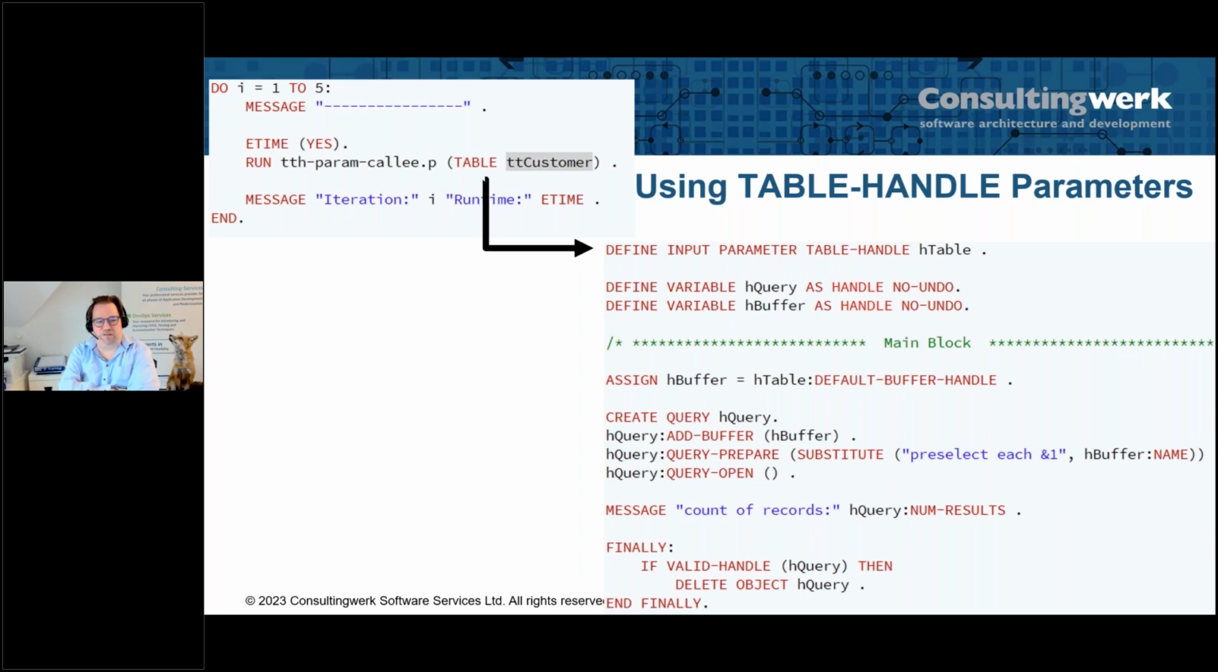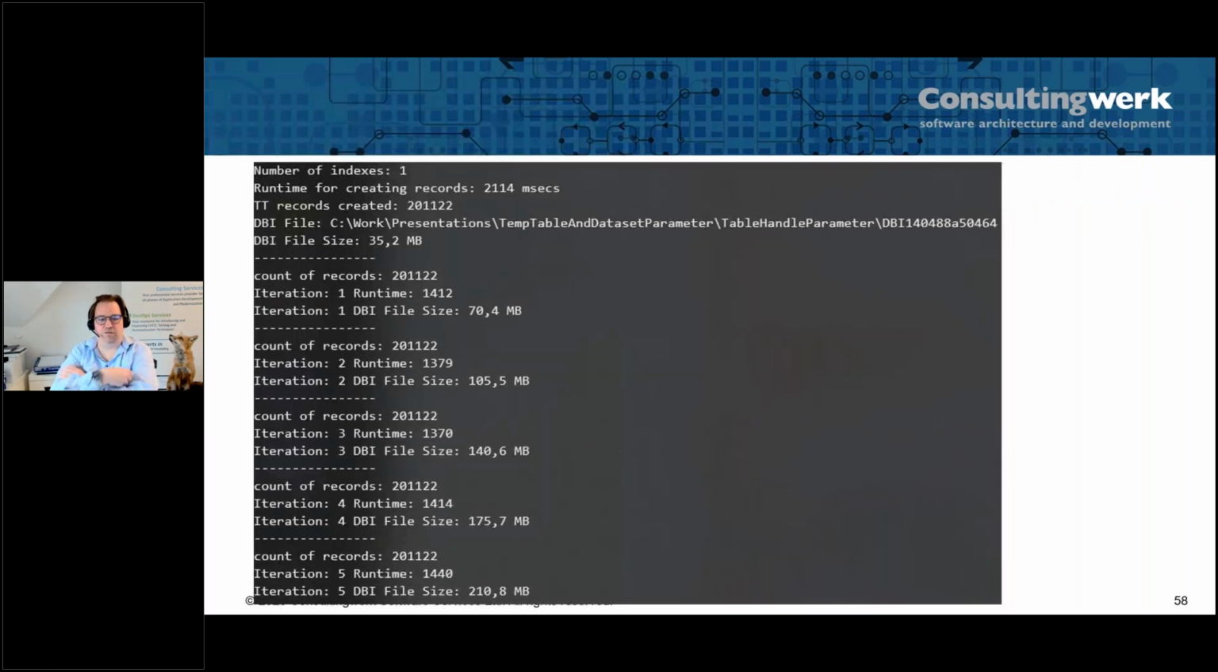So I'm iterating 5 times. I'm taking the time. I'm running the program that expects a table handle parameter. So I pass my TT customer into that table handle parameter, and then I'm doing a dynamic query to count the records. And if I look at what's happening with this program, I'm seeing before I start this 5